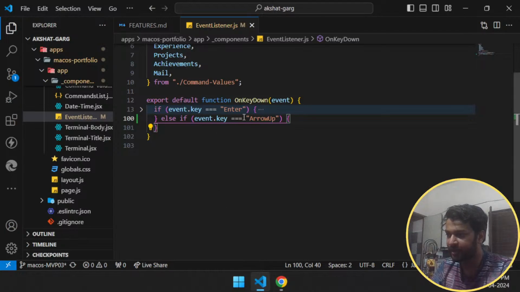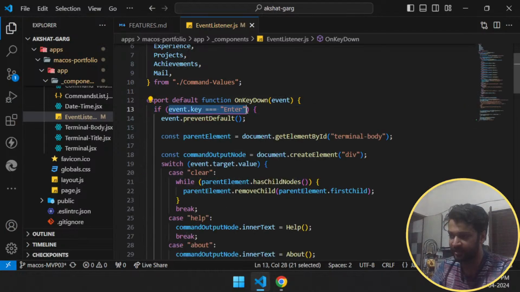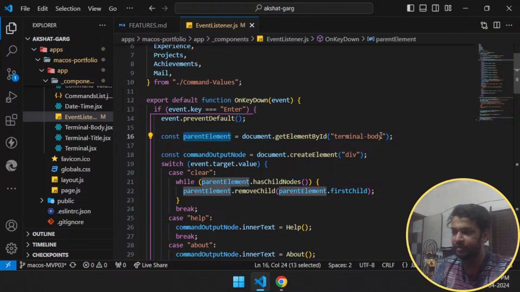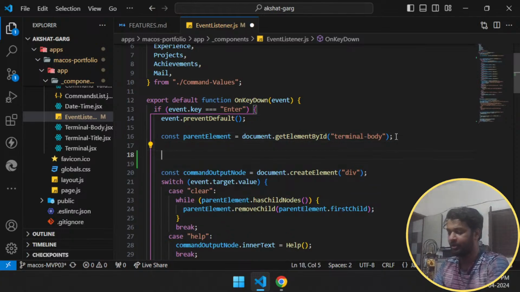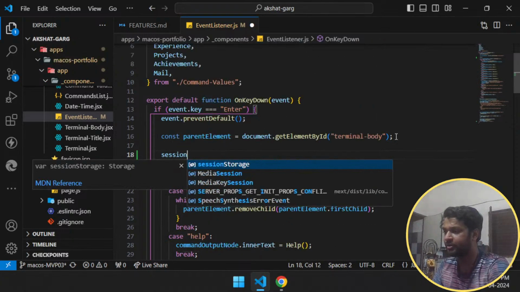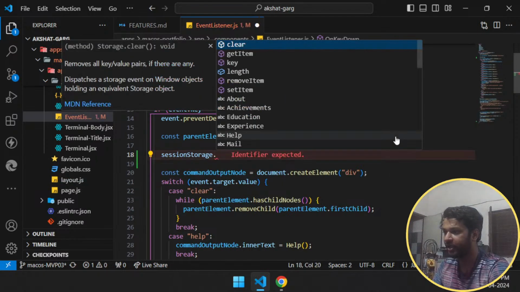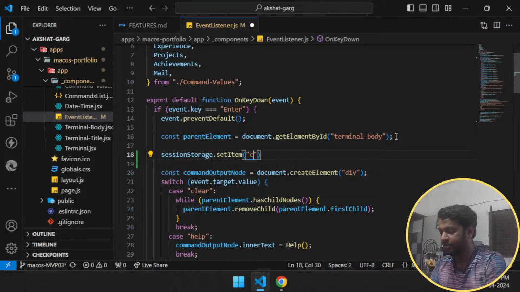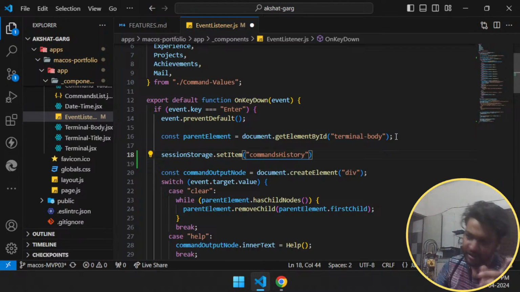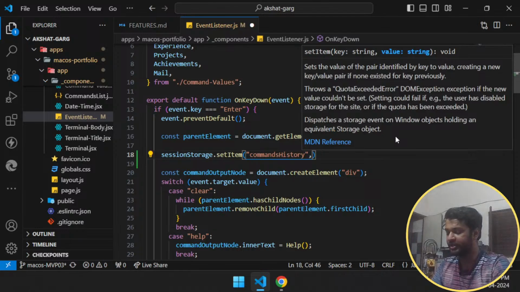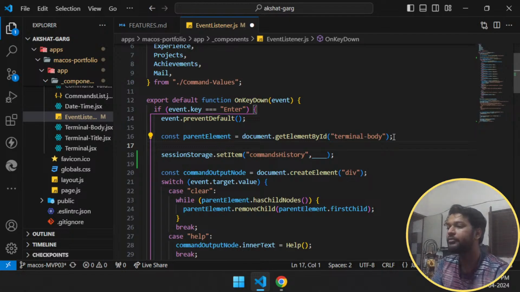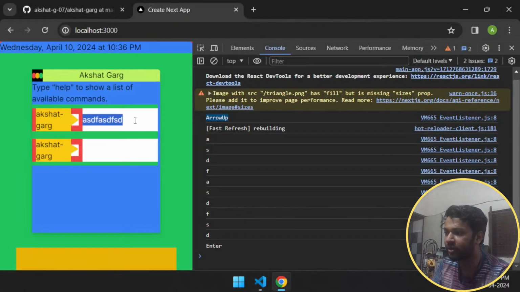So what I'm gonna do is, whenever the user presses enter, I'm gonna store something in my session storage. I'll call it commands history because it keeps the history, right? But what is the value which we need to store here? What is the value that we need to store? Whatever is written